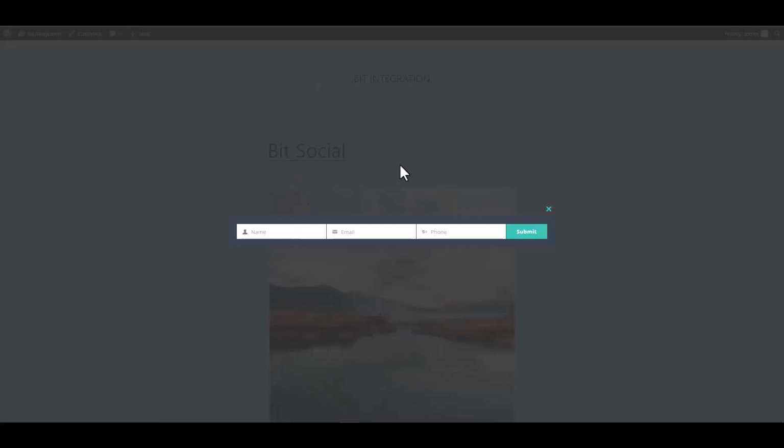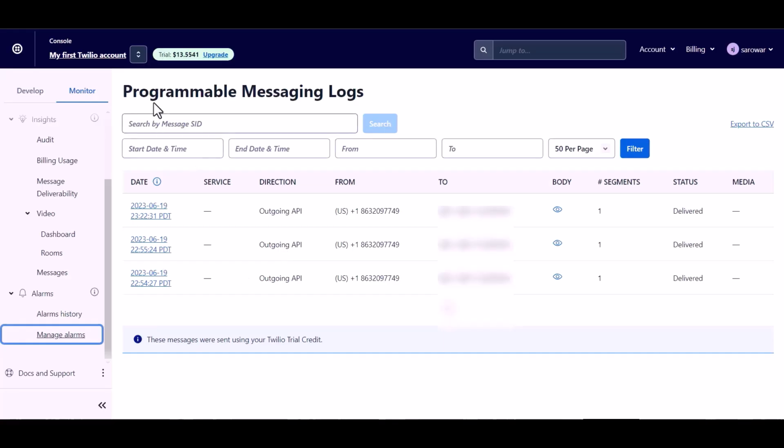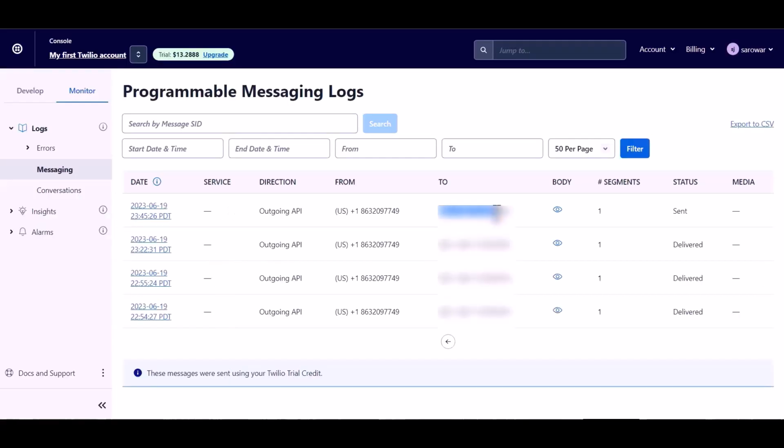Let's submit a form. Submit it. Form submitted successfully. Now go to the Twilio site and refresh the page. And you can see the message was sent